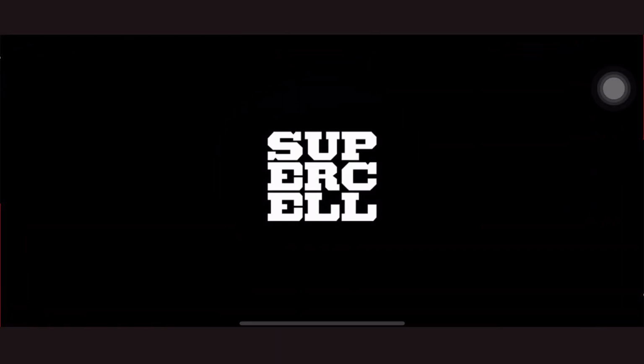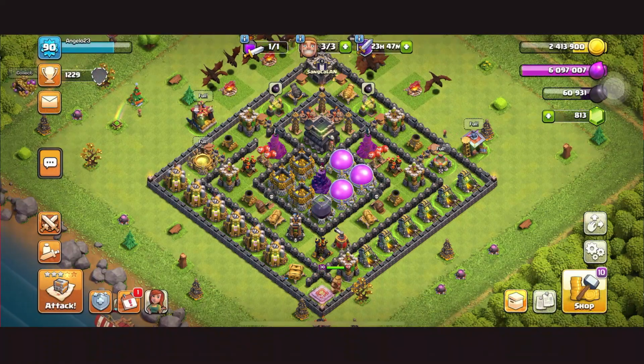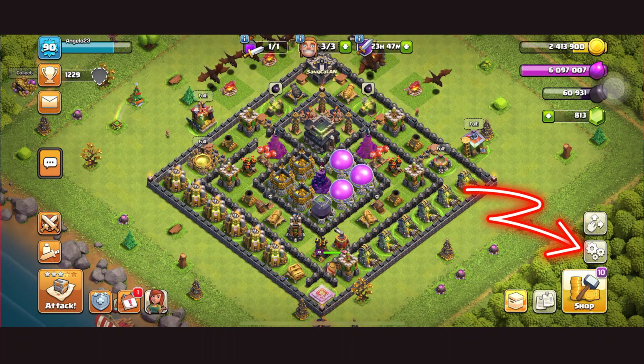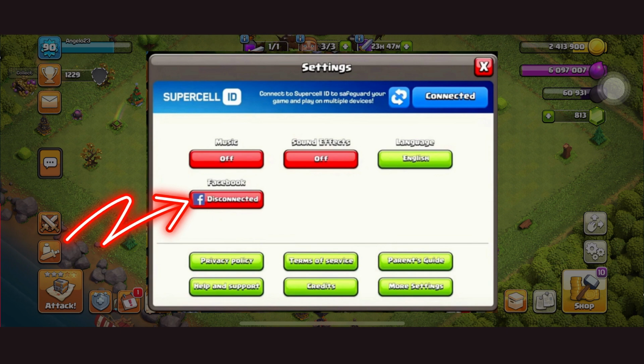Firstly, we start by launching the Clash of Clans application on your phone. And then in the game, tap on the gear icon in the lower right hand corner to access the settings menu. Look for the More Settings tab and then find the Connect and Social section. You should see an option to link your account to Facebook, so you just tap Connect next to the